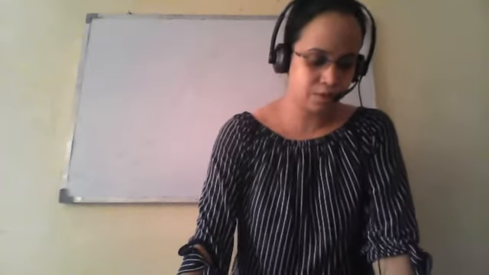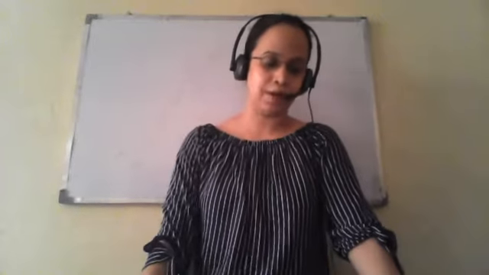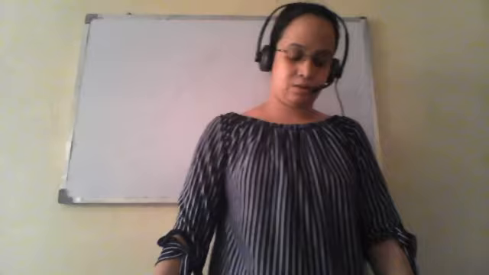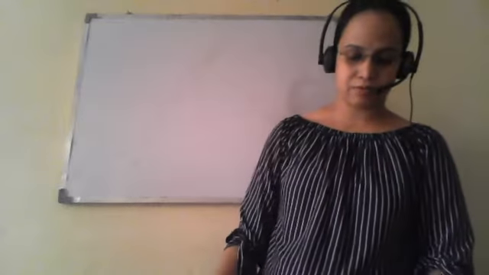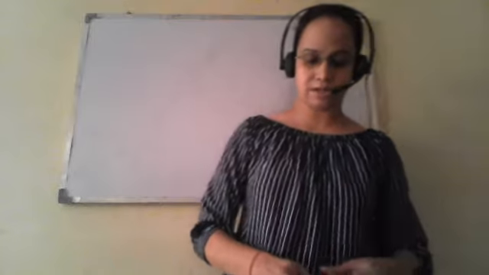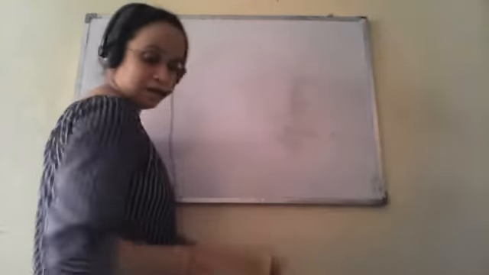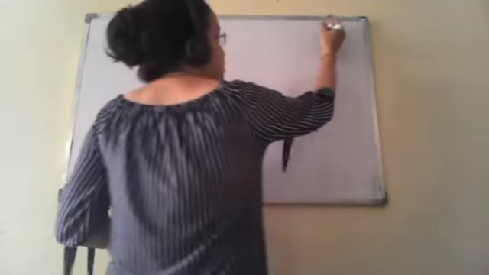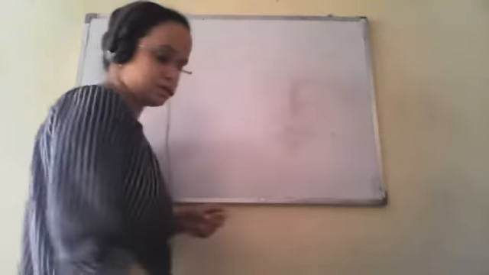Hello everyone. So in the last video we studied how to find a rational number between two rational numbers. Now we will proceed with exercise 1.1. Before that we will discuss a few examples. Then we will see exercise 1.1 of NCERT, which is on page number 3. So before that we'll see examples.